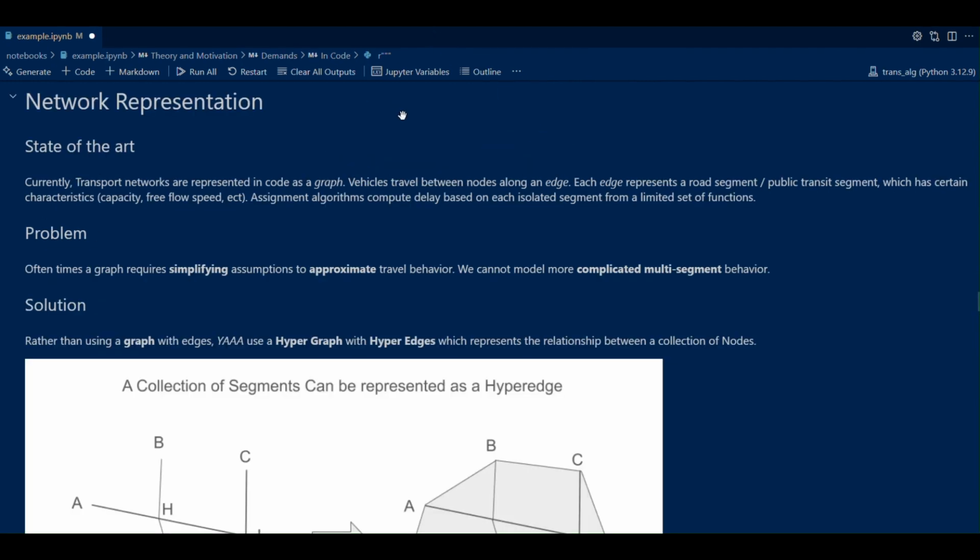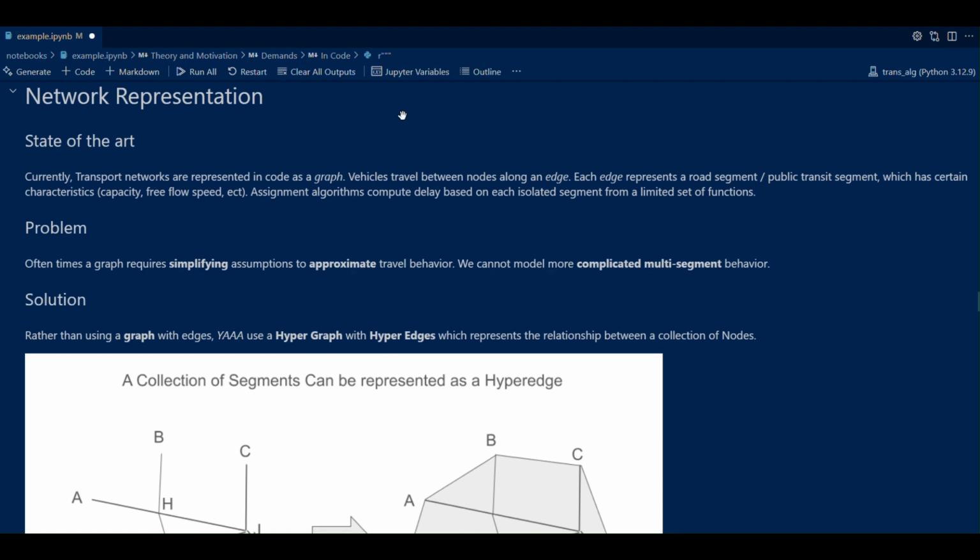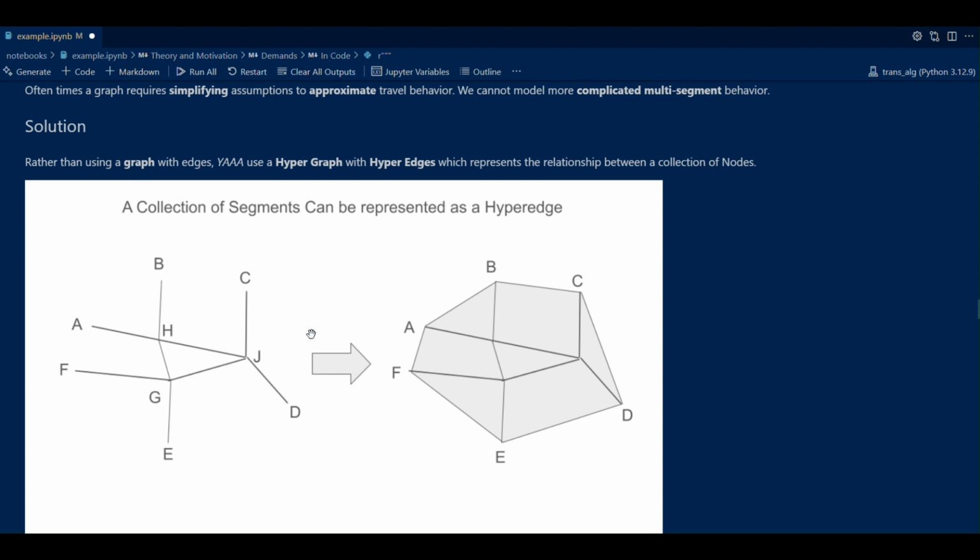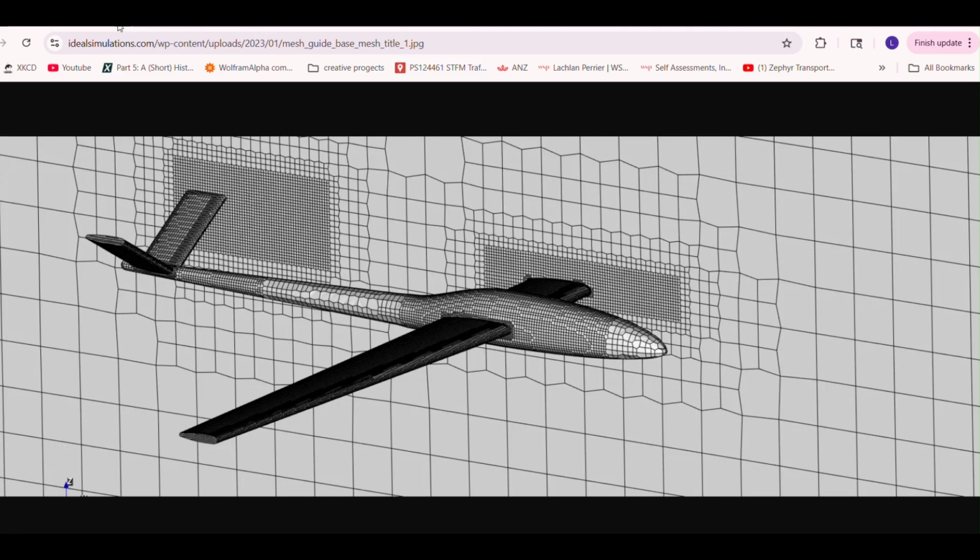The other change I made, and the much more substantial one, is that I really changed how we represent the network. Normally we do this just as a typical graph that we use in computations, so it's just a bunch of nodes with connections between any pair of nodes. What I have done is generalize this a little bit, so you have collections of nodes that have a relationship with each other. The reason I did this is mostly because it started off as a jealousy of computational fluid dynamics. When other people build models about airflows around aircraft and stuff, they have this ability to really